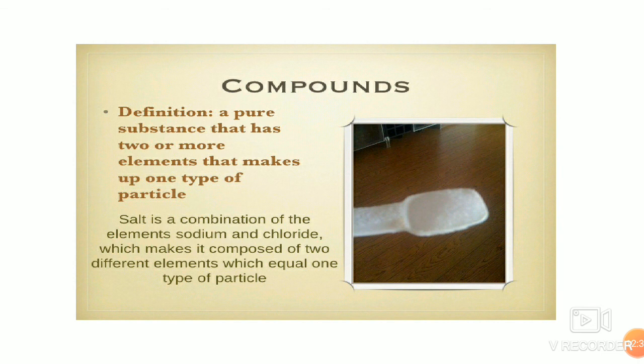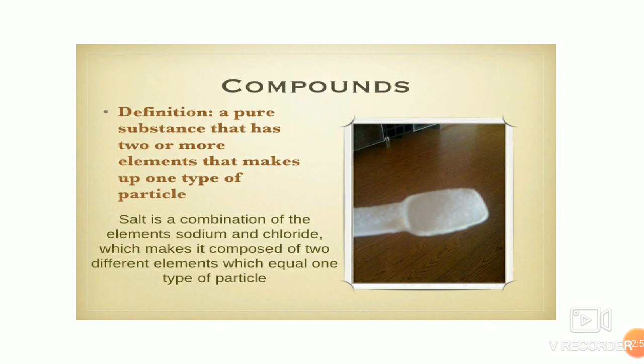That means ratios should be fixed. You need to take the perfect ratio. You cannot take more than that. If you take more or less than that particular ratio, you might not get a compound. So for making a compound, two or more elements or pure substances are mixed in definite ratio by mass.